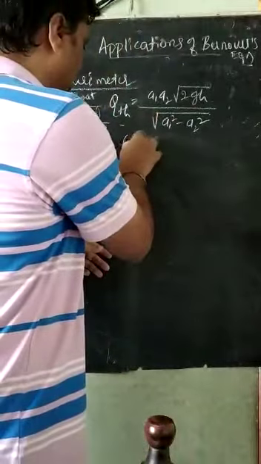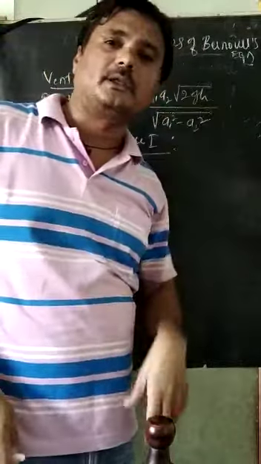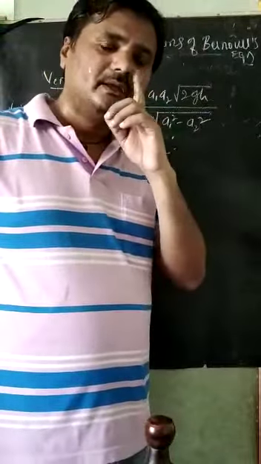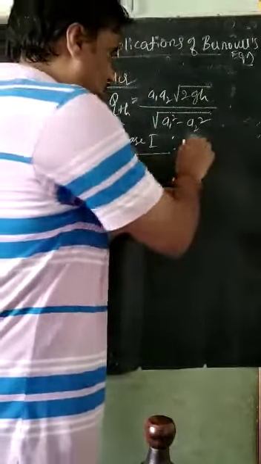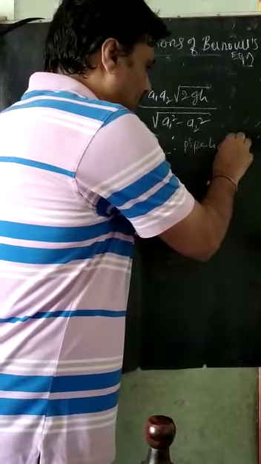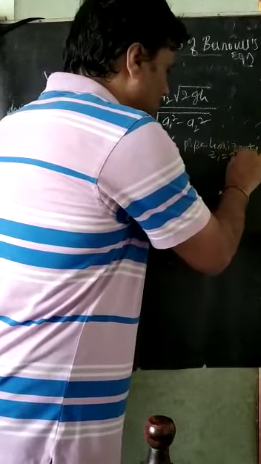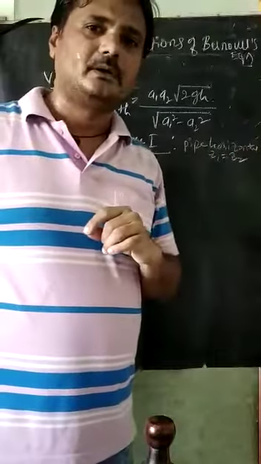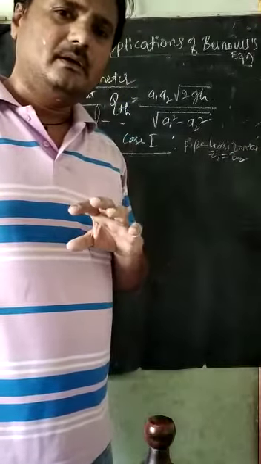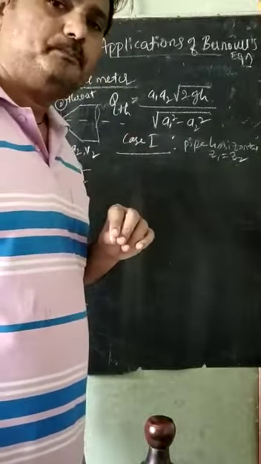Case 1. What is this? Case 1 is when the pipe is horizontal. A pipe is horizontal means Z1 is equal to Z2. Then the condition in case 1 is